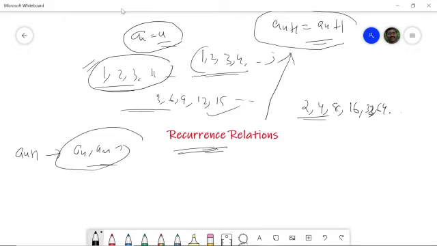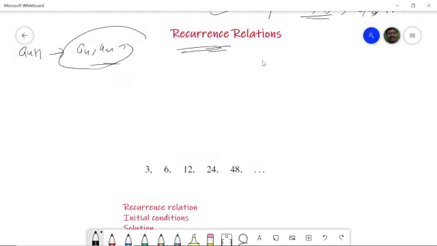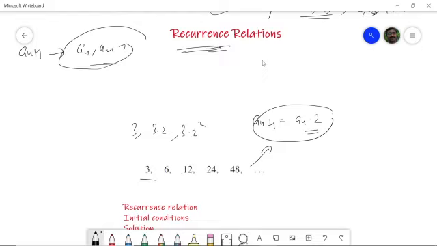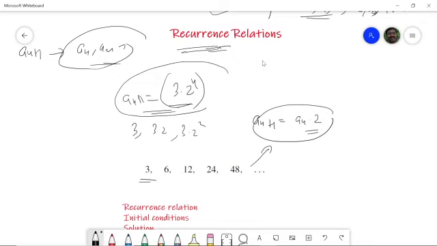If you are considering a geometric series, for example the series of the form 3, 6, 12, 24, you can see that this is a geometric series in which the first term is 3, the next term is obtained by multiplying 3 by 2, the next term by multiplying 3 by 2 squared, etc. You can see that the a_(n+1)th term is obtained by multiplying the nth term by just 2. So this is the recurrence relation corresponding to this sequence. Also, the general form of the nth term of the sequence would be 3 times 2 raised to n. So this is the general formula for this sequence.